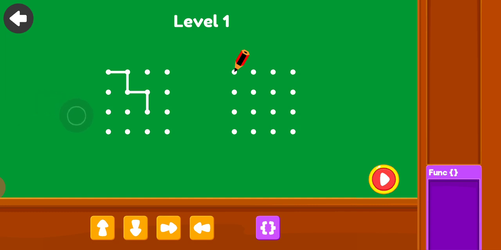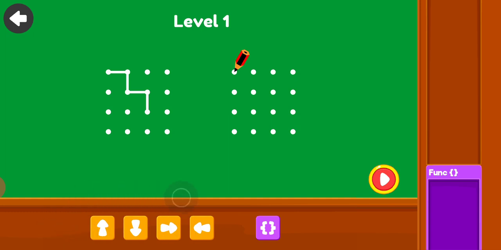Okay, here you can see the back button to go to the home page. By seeing the preview image, you have to create the preview image which is shown on the left side. You have to bring the same image to the right side by using the remote control, by clicking the button.